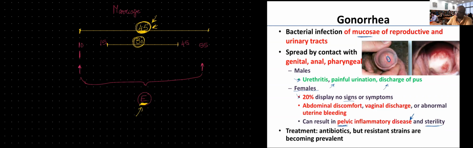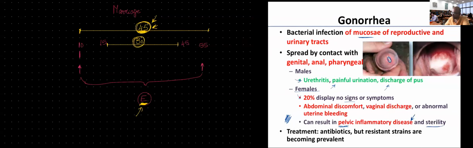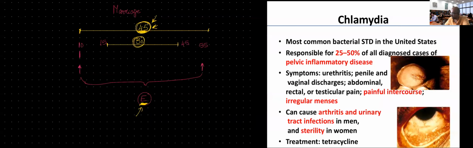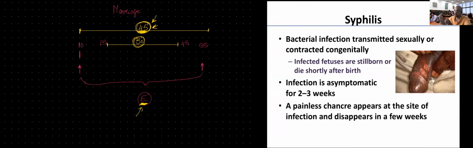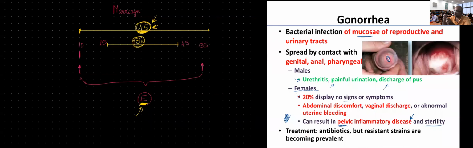Because how do I heal an inflammation? By forming fibrous tissue. So it's like having an inflammation in my skin. It heals by forming a scar. So it's the same exact concept when we're dealing with inflammation inside the endometrium. So inside the endometrium and the fallopian tubes, I might be developing some bands that will result in constrictions of the fallopian tubes, preventing the sperms from reaching the ovulated egg.